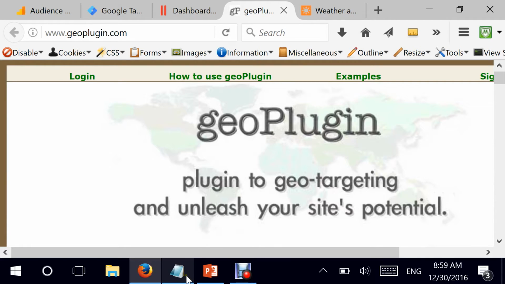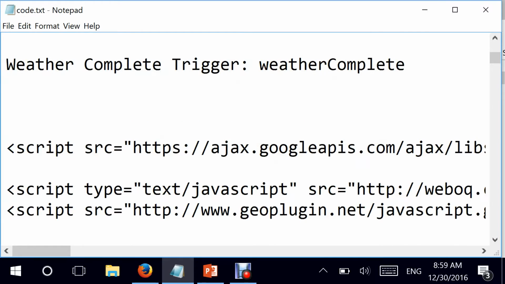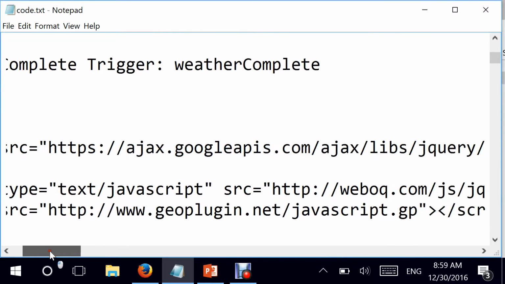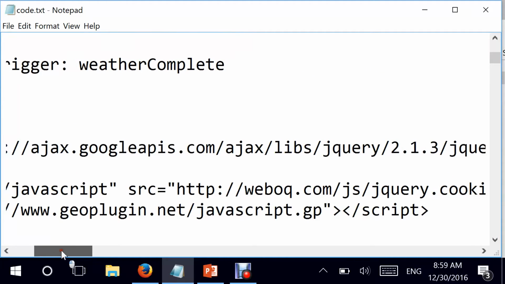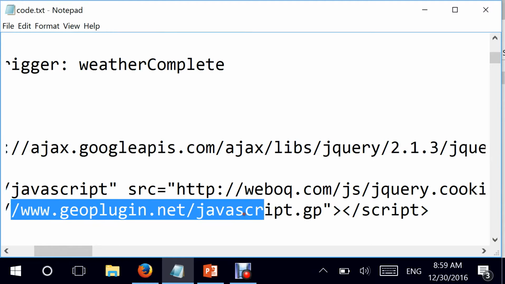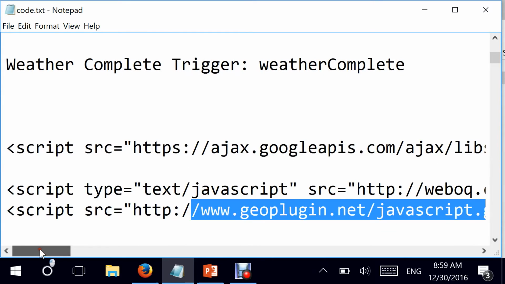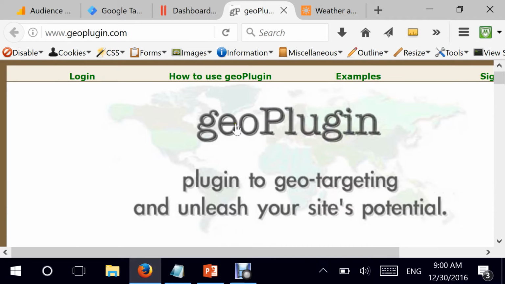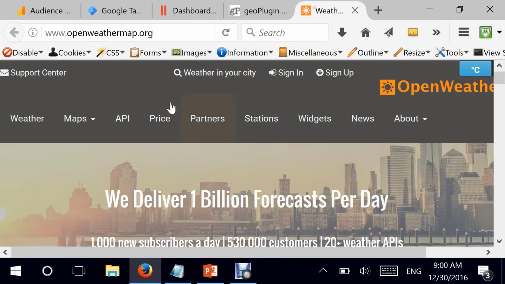It actually provides you with a JavaScript file, as you can see, that you can embed into your pages so that it loads that API or library, and then you can make the calls to get the geolocation, the longitude and latitude of your users based on their IP. The other website is